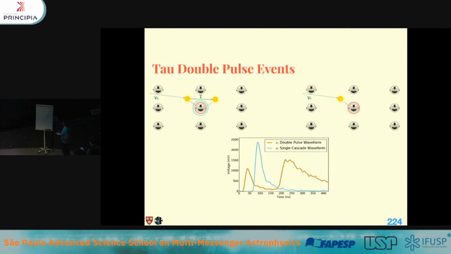So how this looks is like you can have a normal, for example, electron-neutrino interaction happens nearby a dome, it emits light, you see that. But if you have a tau neutrino, maybe it goes only a little bit, but this distance may be enough that it produces two light depositions.